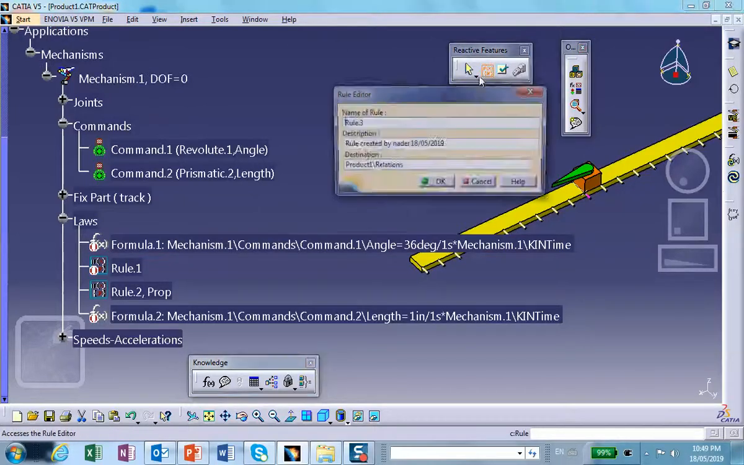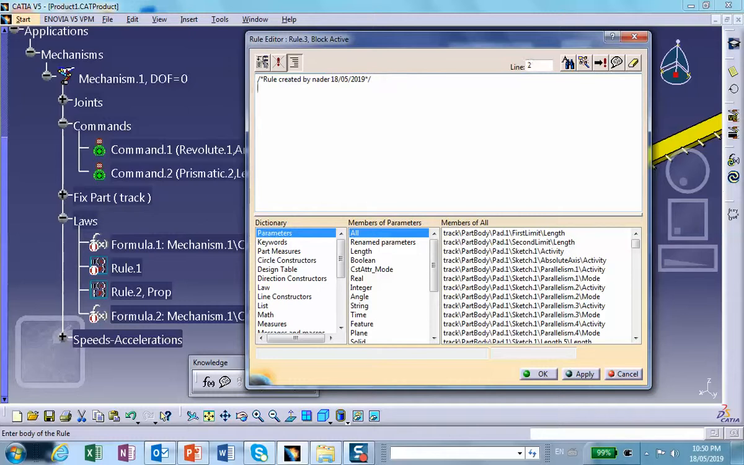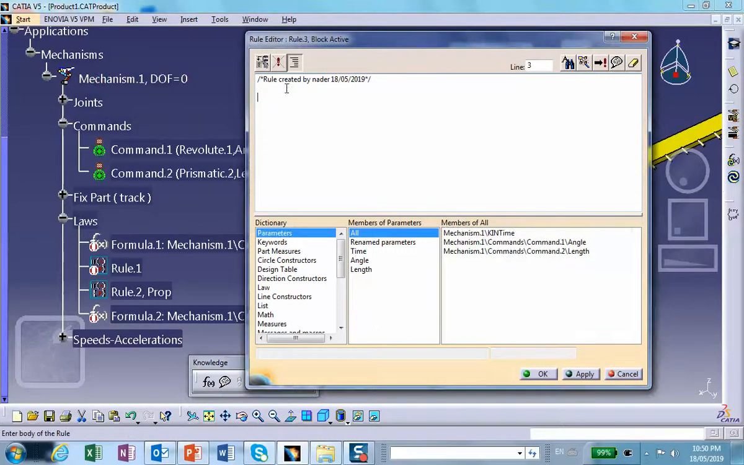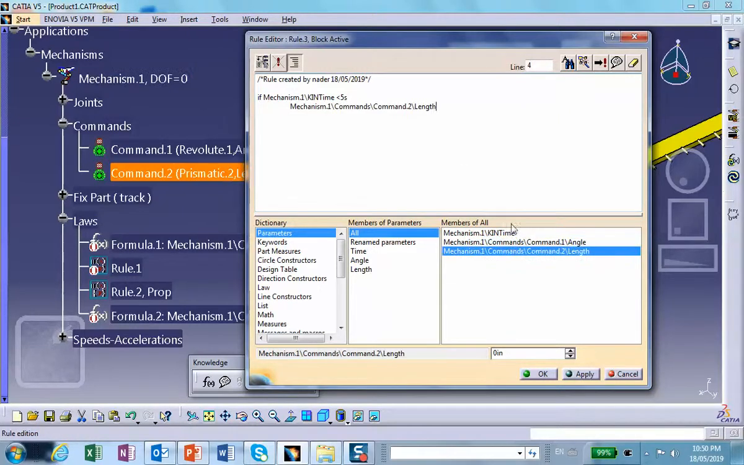And this one is going to be for the block, right? For the block. Okay. So the breakpoints are different. If time is less than, that is 5 seconds, the length is equal to 10 inches in 2 seconds times time. Else,